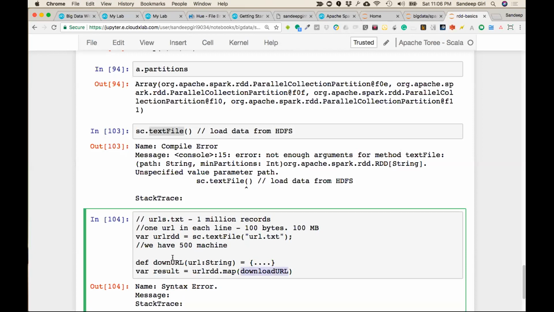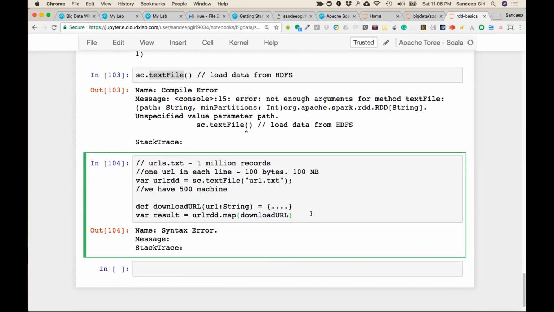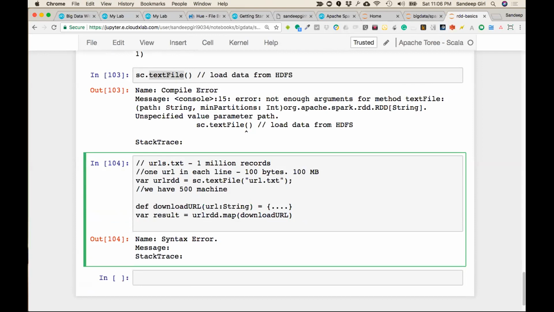This is the function that we are calling. Imagine that we had to download or crawl these URLs in parallel, and we had so many machines. But here, we'll end up using only one machine,